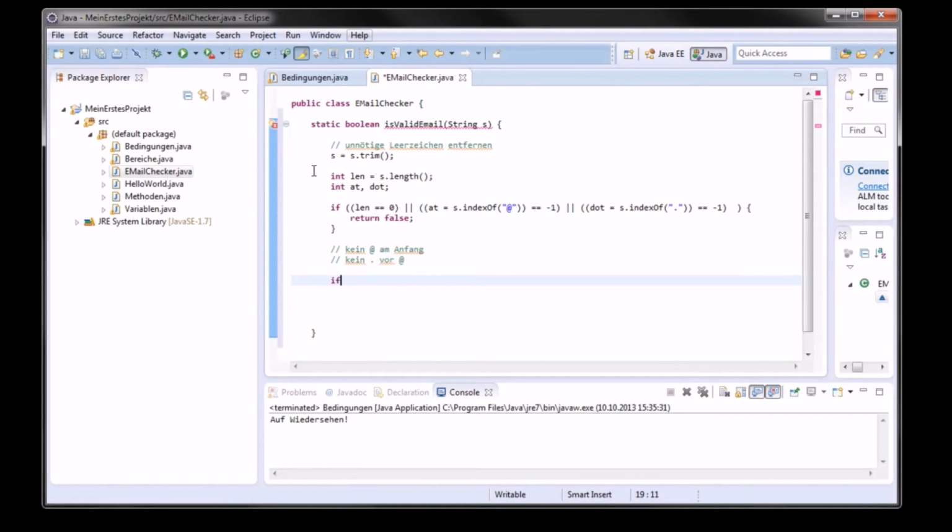So we make a new condition, make some brackets here, and we want to see if at is at position 0. So I write in the beginning: if at equals equals 0 is fulfilled,